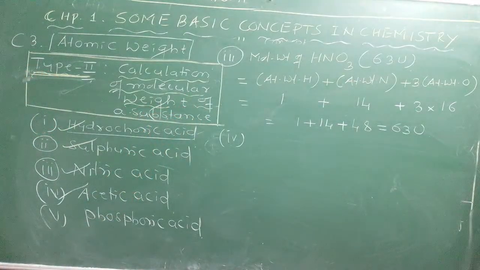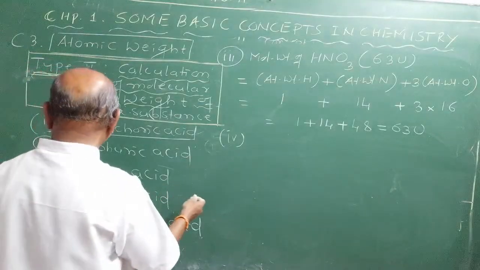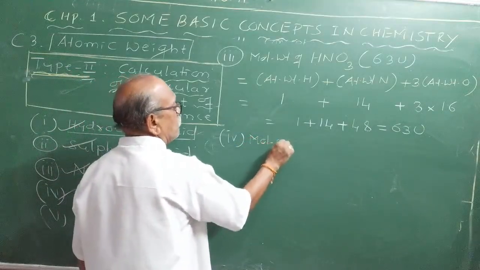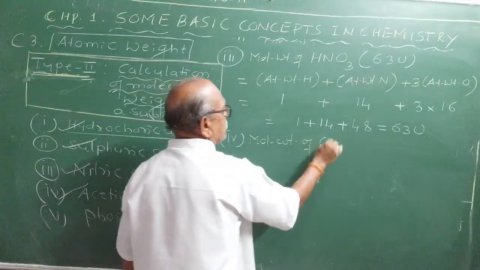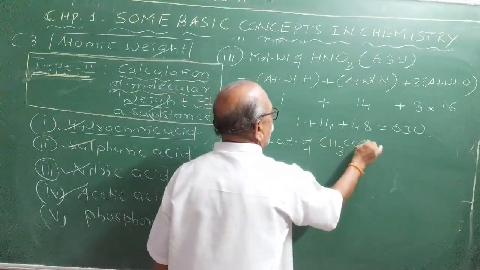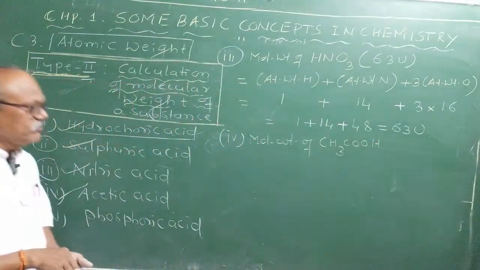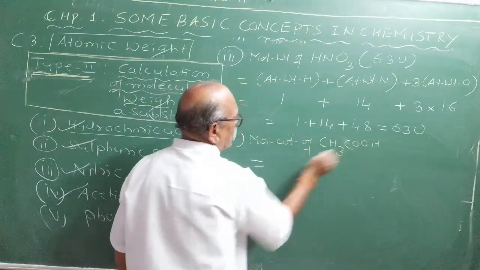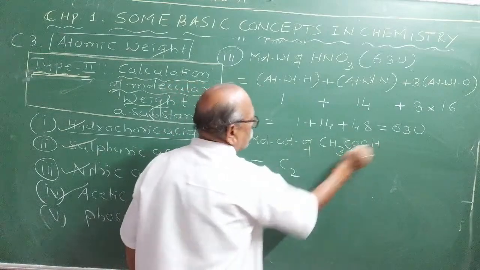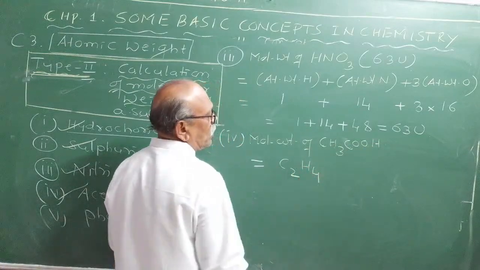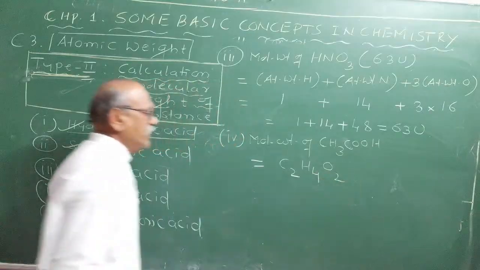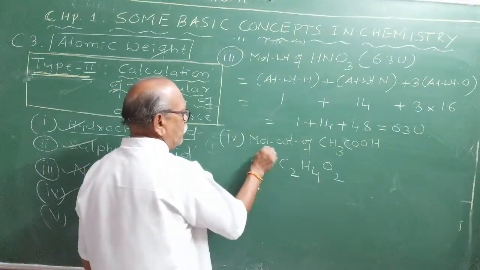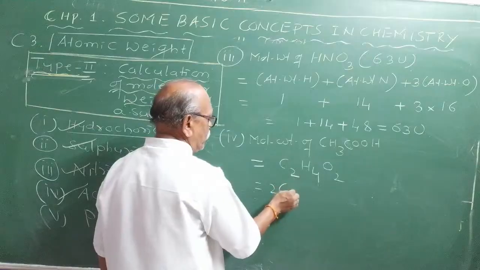The fourth one I gave you is acetic acid. Can you tell me what is the formula of acetic acid? You must know. Molecular weight of acetic acid: CH3COOH. You can observe, and even write the condensed molecular formula. How many carbon atoms are there? C2. How many hydrogen atoms? H4. How many oxygen atoms? O2. C2H4O2. Now you can calculate the molecular weight, given by 2 times atomic weight of carbon